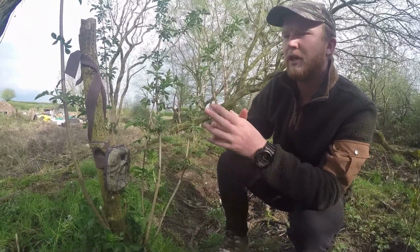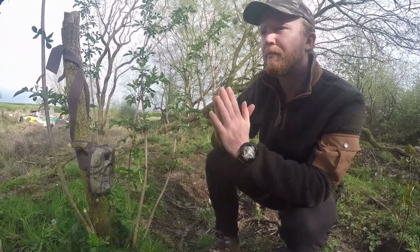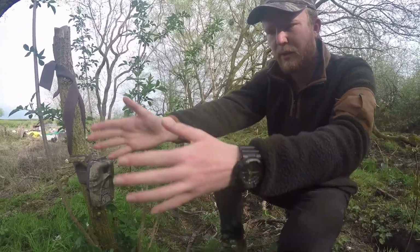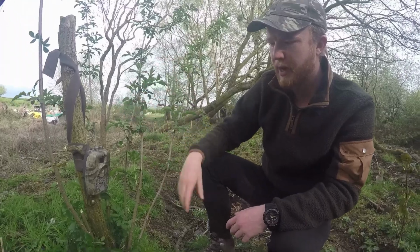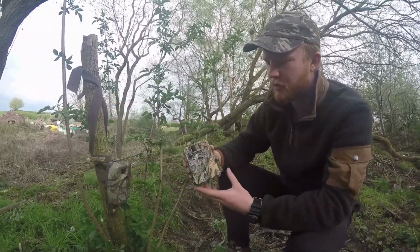So if you find, say, a badger latrine for example, put your camera trap on one of them because they come quite regular to the latrine sites. If you find a nice little pathway going through, say made by a fox or a deer, put it on the pathway. So what you'll do for that is, say if your pathway is going straight the way through here,